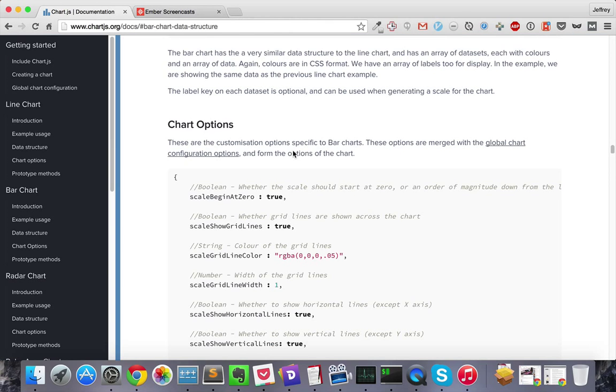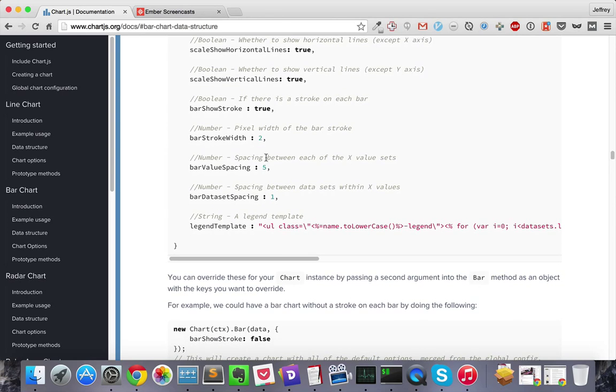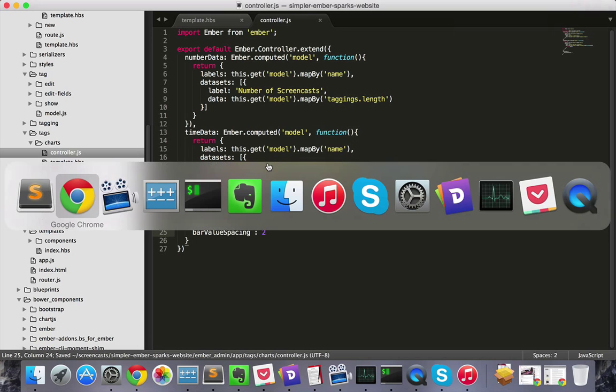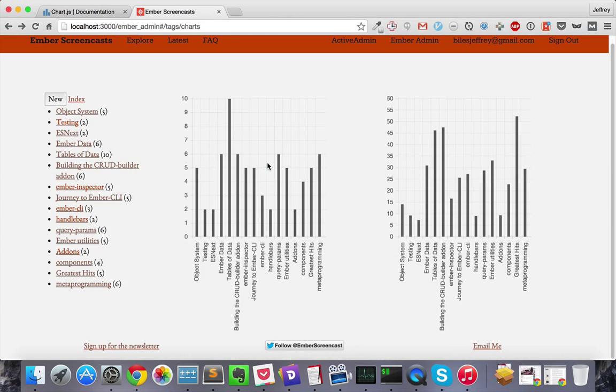We'll find our solution in the chart.js documentation. Here we have the chart options. We'll scroll down and eventually find bar value spacing. That sounds like what we want to increase the size of the bars. So we'll add that in, make it a 2 instead of a 5, and